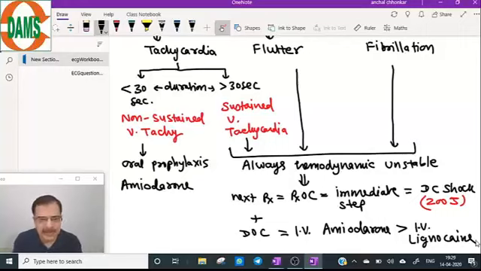Now from your exam point of view, how to make a correct diagnosis of all these tachyarrhythmias, supraventricular and ventricle? We will make a flow chart. The flow chart will be the same as we have done for the bradyarrhythmia cases. It is exactly the same. So let's try to make the diagnosis of both supraventricular and ventricle origin.